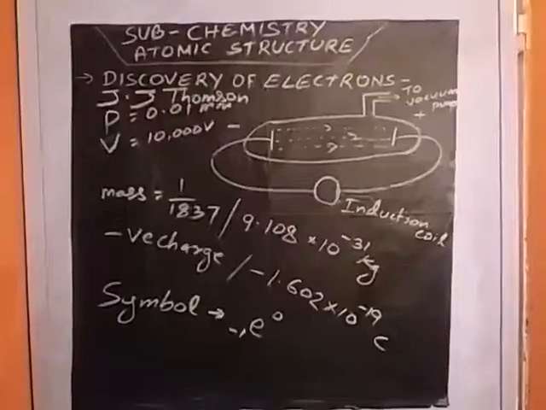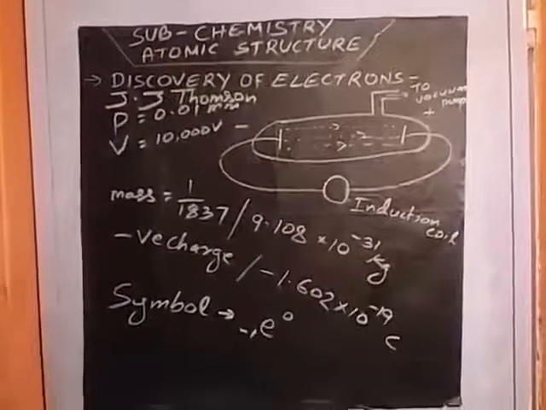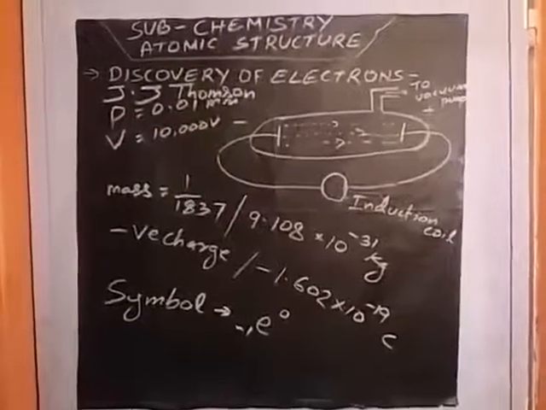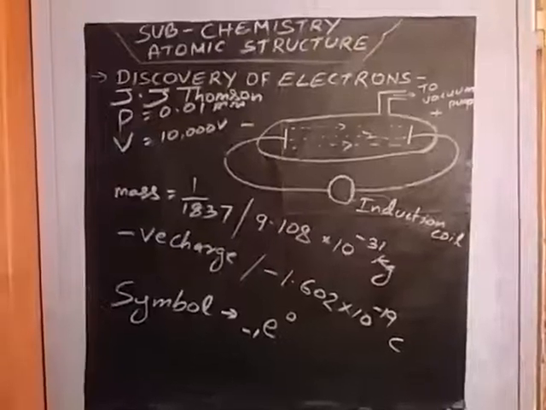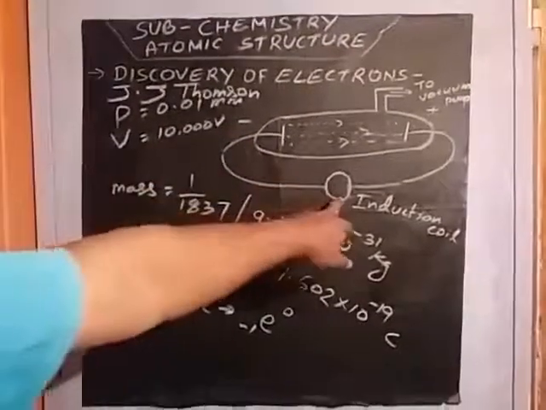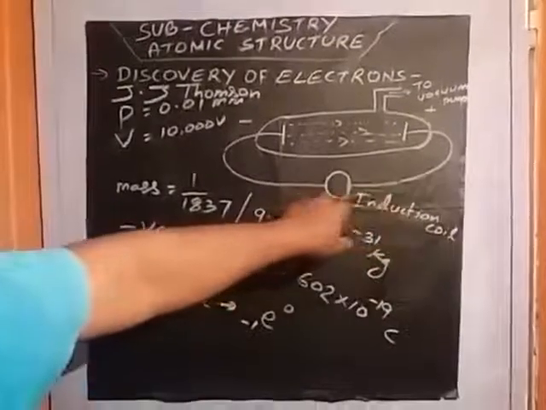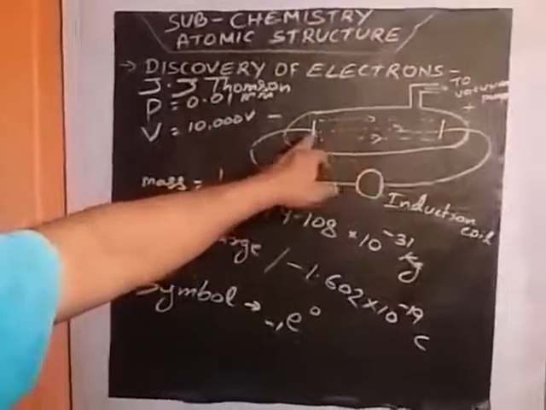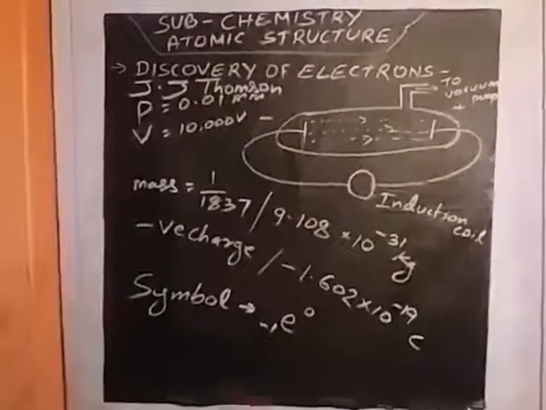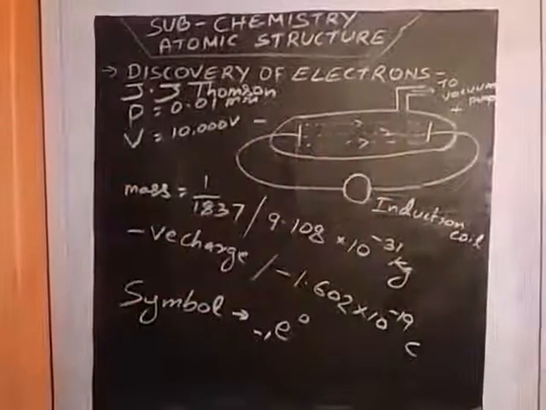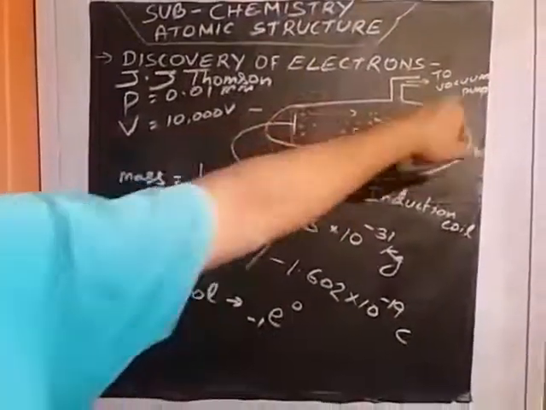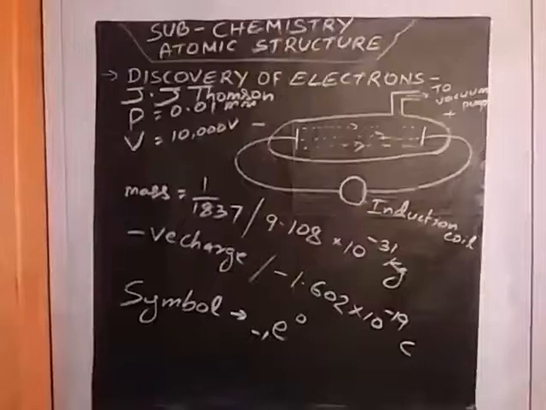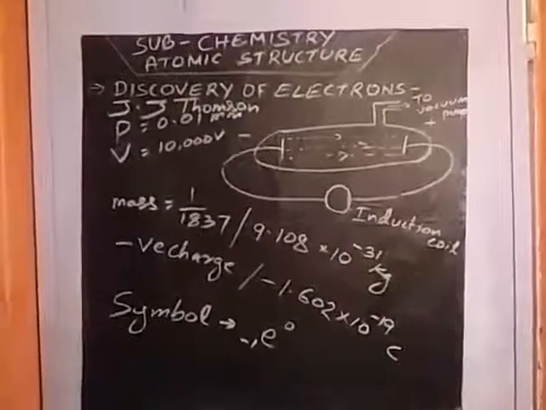In a tube with gases at very low pressure, the gases become good conductors of electricity at very low pressure and 10,000 volts. Then rays travel from the cathode towards the anode. When the induction coil is connected, it is observed that some rays pass from cathode to anode. Because the cathode is negative and the anode is positive, the arrow is towards the anode, that's why they are known as cathode rays in a discharge tube or cathode ray tube.